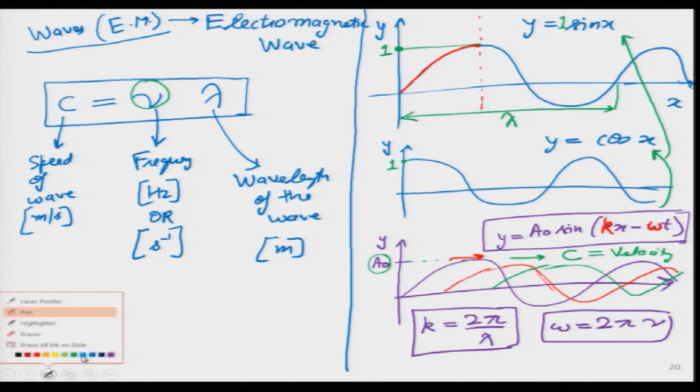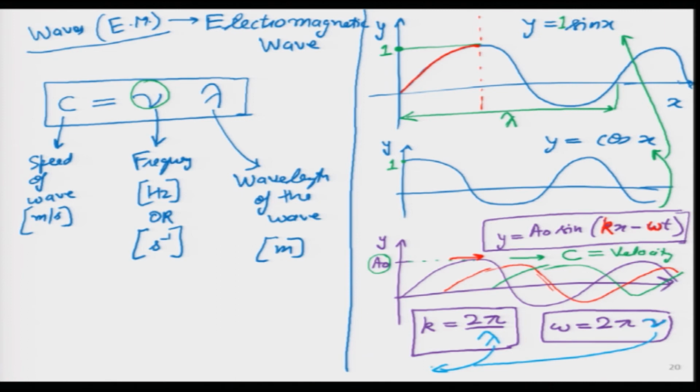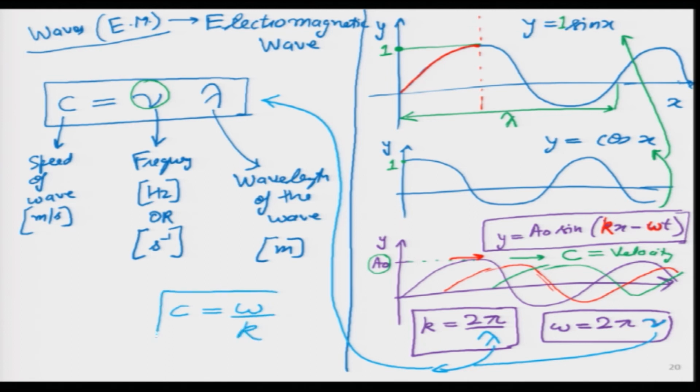Now, we have written k and omega in these formats. I will write it in a new color. This is, and this is, so. Our lambda and nu are already defined over here, which means if I substitute these values, I should be able to get something, isn't it? Which means if I am correct, then it will turn out that c can also be written like this. Okay? Or I can write it in a traditional format. I can say that c is also lambda into nu. So, both these are actually equivalent, both these are okay.